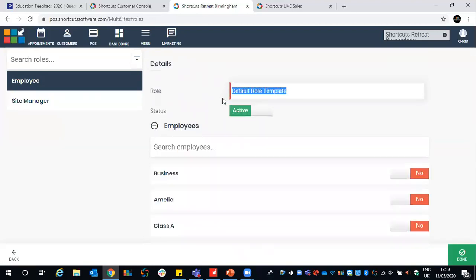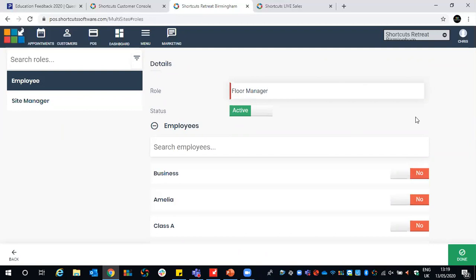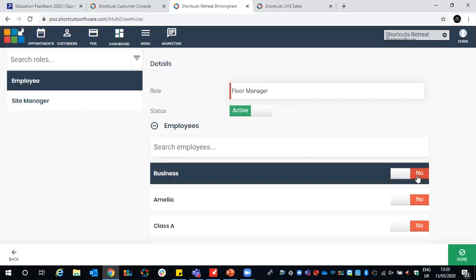At the top, we're just going to name our new role type, and I'm going to call this one floor manager, okay? But of course, you can call this whatever you like. Underneath, you can also set up an employee for this, and you can essentially upgrade or promote your employee to this role type. So maybe they were the employee role type before, and we're now moving them onto floor manager. All you would do is toggle no to yes, and that would give that particular staff member access to